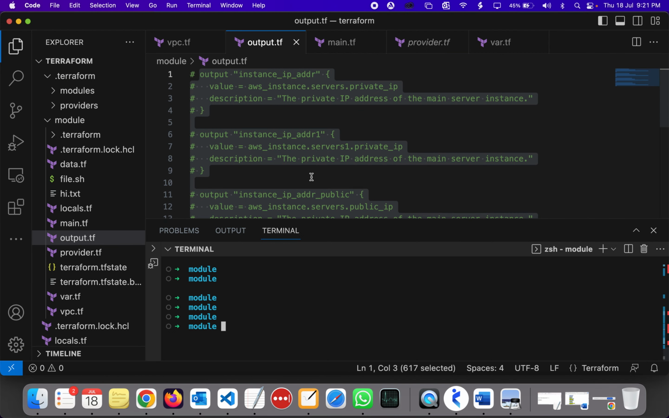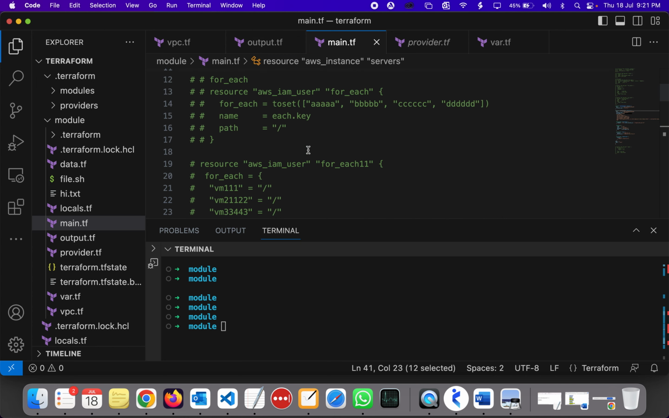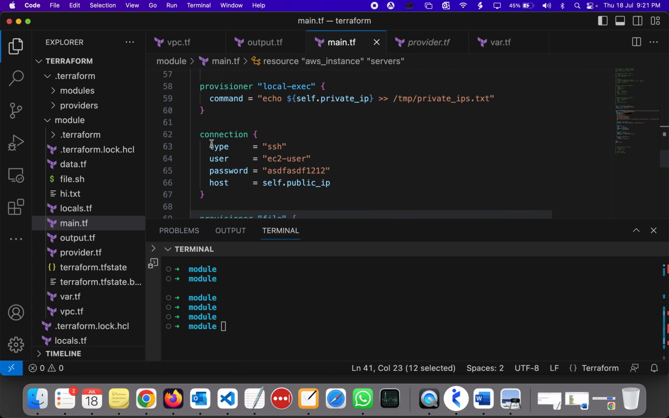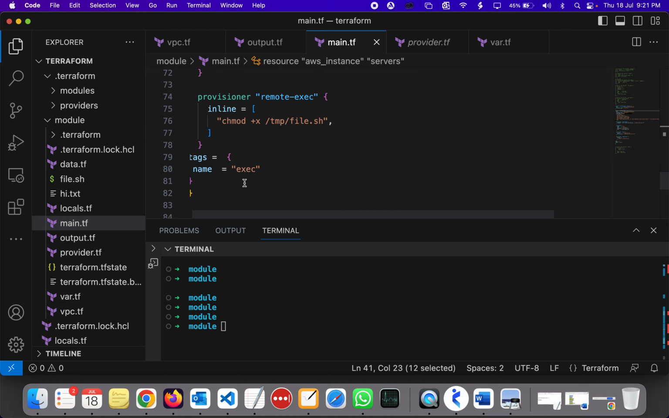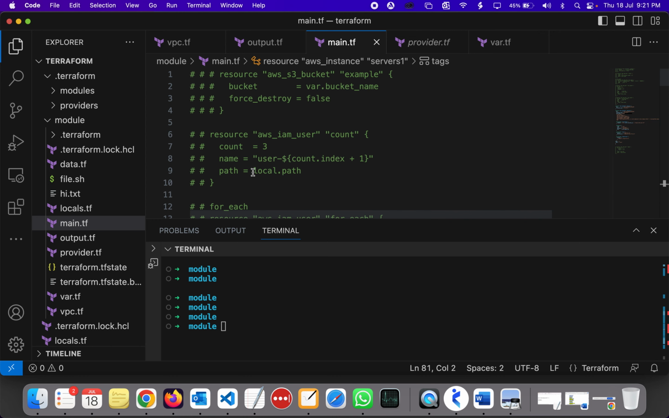Okay, maybe we can just do a couple, because I just thought of completing a lot of bigger concepts like provisioners, local connections, and all these things. I thought of covering it, but okay. So now,